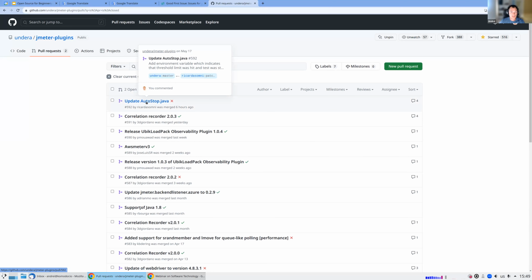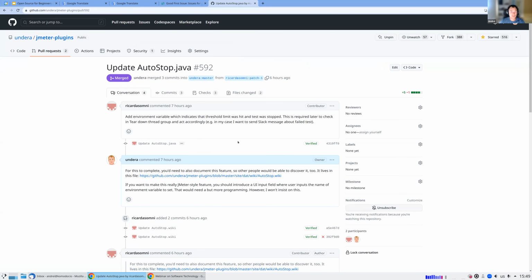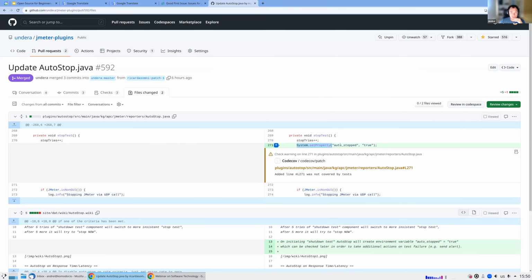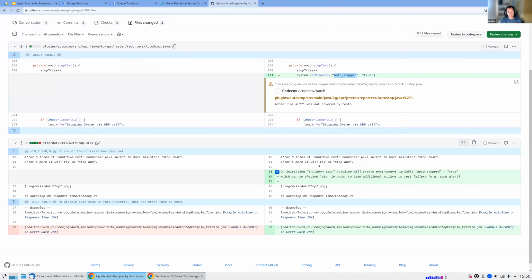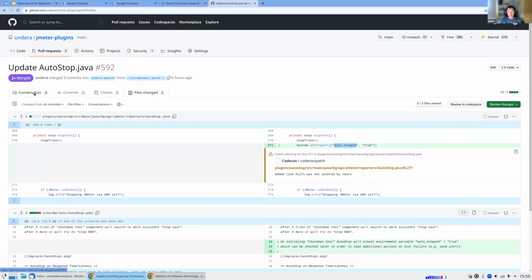Really illustrative. Suddenly somebody decided to change a plugin that hadn't been changed for, I don't know, maybe 10 years. The guy brought a simple feature, a single line change. It's meaningful. He needs that for his job, and I'm fine with that. I only asked him to add documentation so other people will know about this feature. And we're good. I merged the pull request, I released the new version, and this plugin suddenly got a contribution and an update. First time in 10 years, maybe.